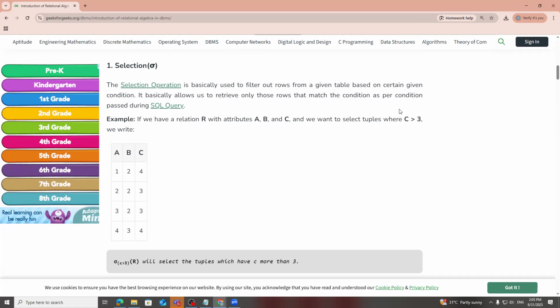Okay? So for the selection, what does the selection do? What does this selection do? That is only